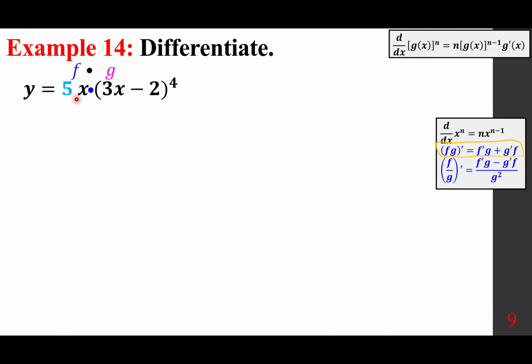So the derivative of 5x is just 5, times g, which is (3x - 2) to the power of 4. So far, fairly basic. Now, plus g prime. The derivative of this piece uses the extended power rule, so plus 4(3x - 2) cubed, and then the derivative of the inside is 3, and then times f, 5x. In other words,